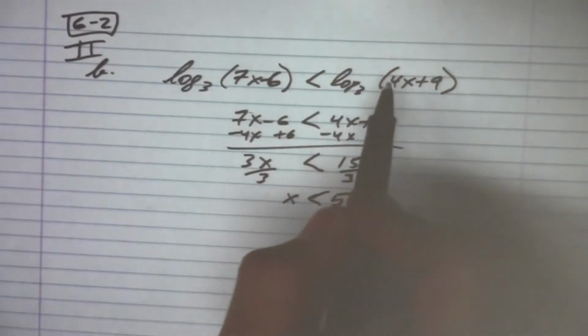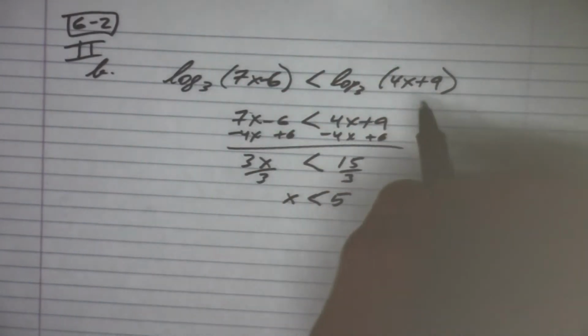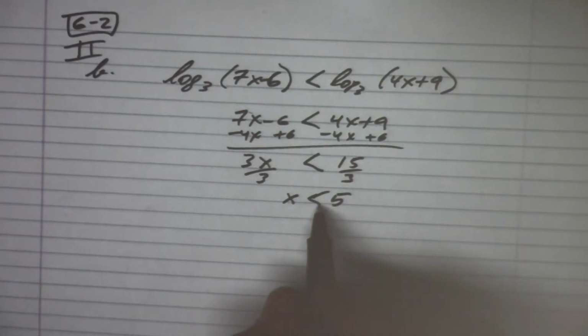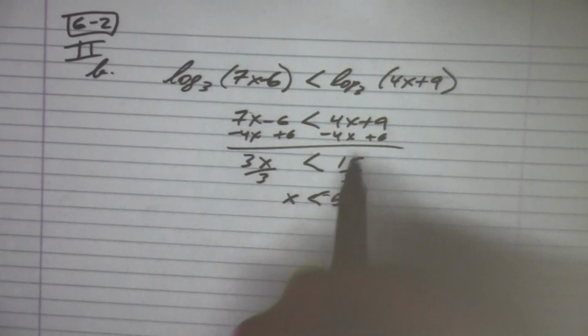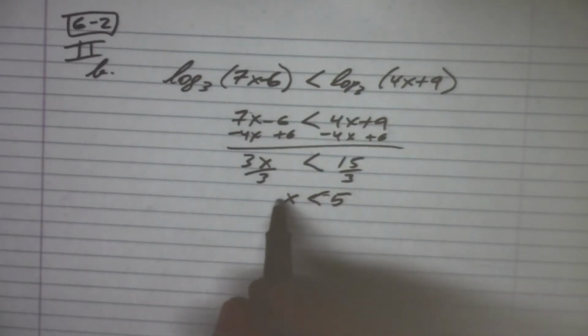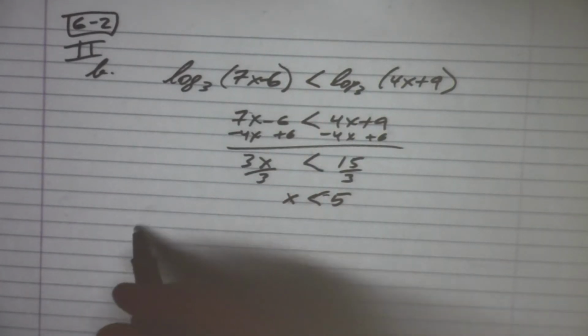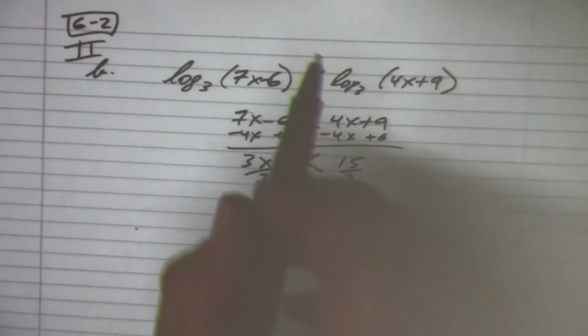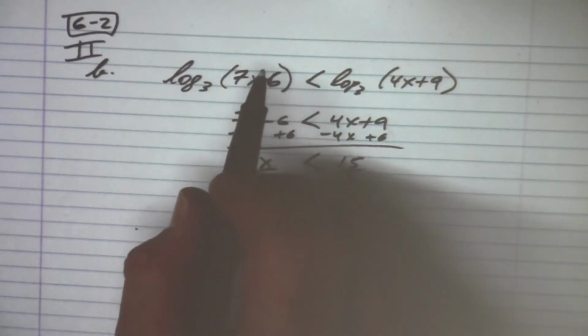There's a restriction here and a restriction here. And we have to account for those restrictions because they might change this. Right now it says x is less than 5. Because it's logarithms, that means it can't go past 0. We don't need to add that yet because we first have to take into account that these two cannot be